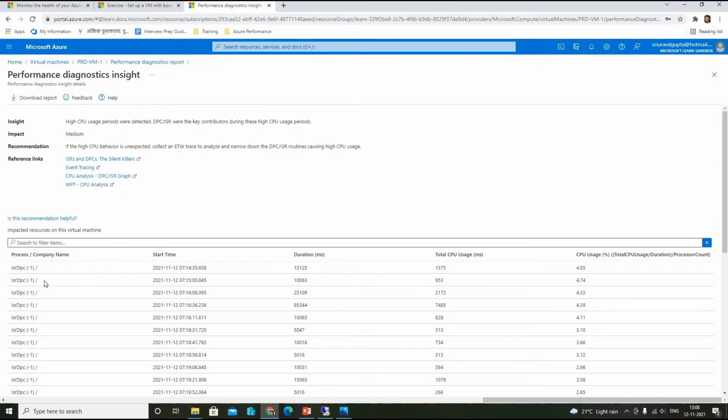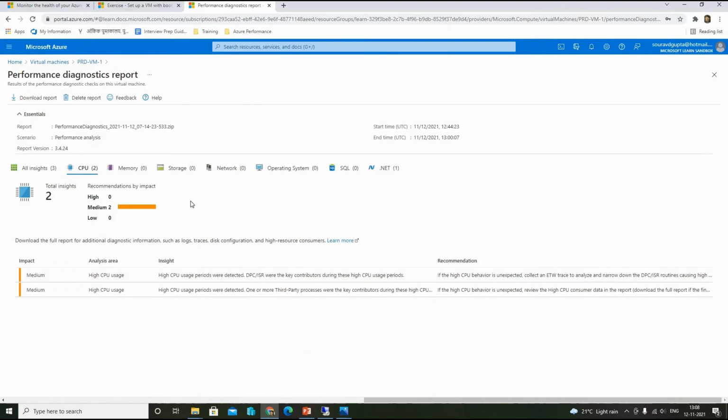Because of that, these processes are getting impacted, and this tool is detecting that. This is the reason the CPU usage is going high. But this is not the actual reason; the reason for the high CPU usage we are already aware of, because of the tool that we are running. And this is all from this portal regarding the CPU.